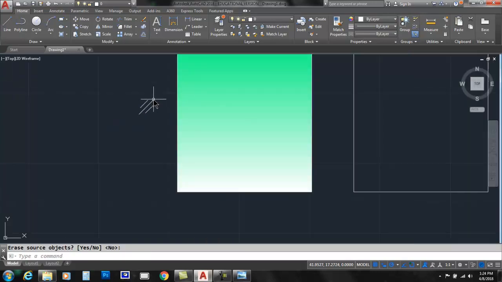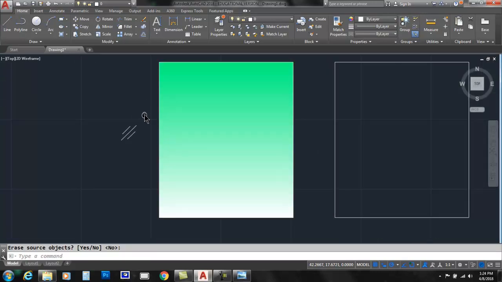Alright, now I'm going to zoom back out, and I'm going to copy this shape twice inside the hatched area. So I'm going to go to copy, I'm going to window this in and press enter, and I'll snap to the midpoint of the bigger line, and I'll click a point here, and I'll pick a point down here, and then enter. Now, when I look at my results, I can't hardly see those glass lines, but here's the thing